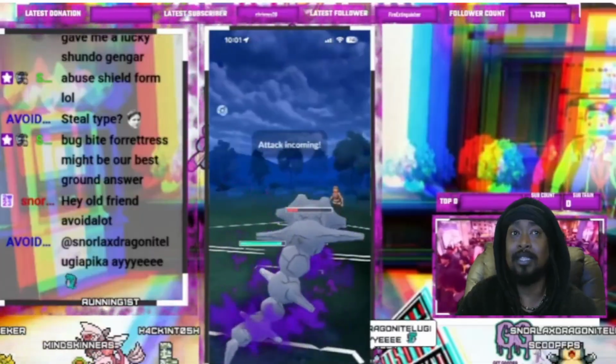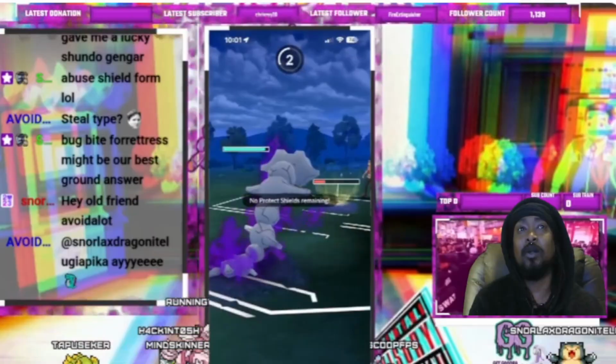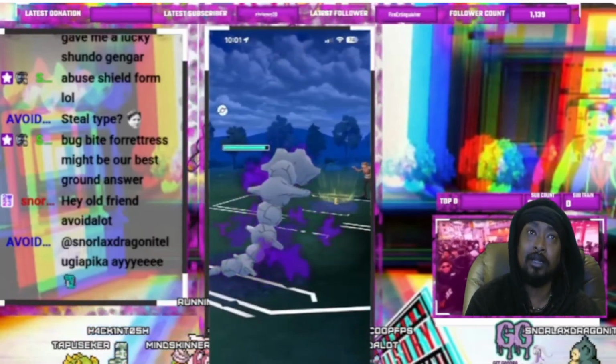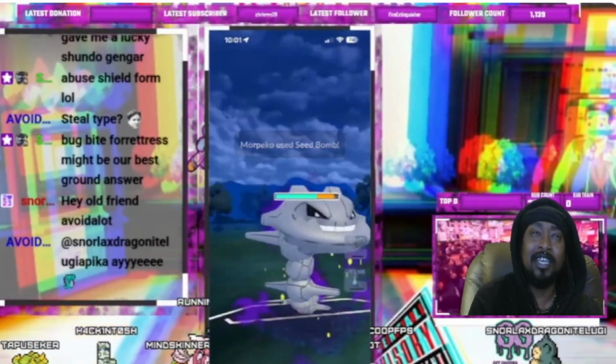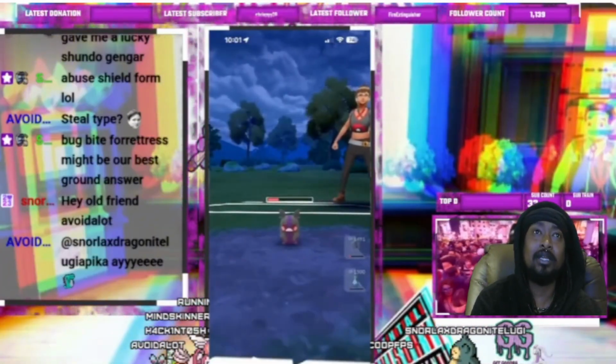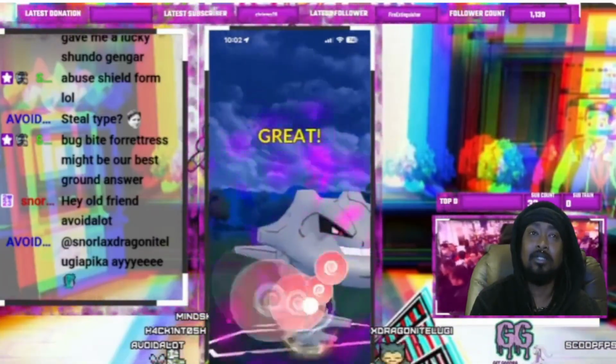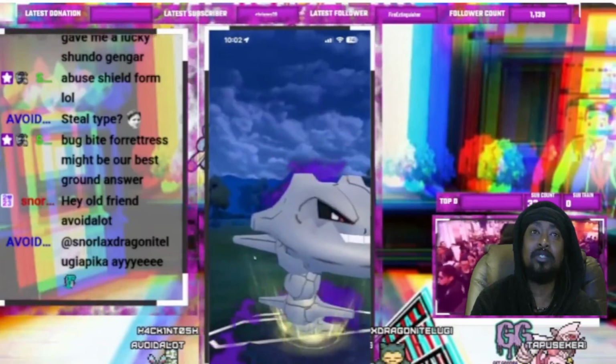This Morpeko is locked in, and they are going to go for, I don't know what the smart play is. I think Aura Wheel is the smart play here. Just go straight Aura Wheel, but they go for a Seed Bomb. That's not the play, I don't think. Now they're in dark mode, but their attack isn't boosted. So there's a possibility that even though we're a Shadow Steelix, we will live